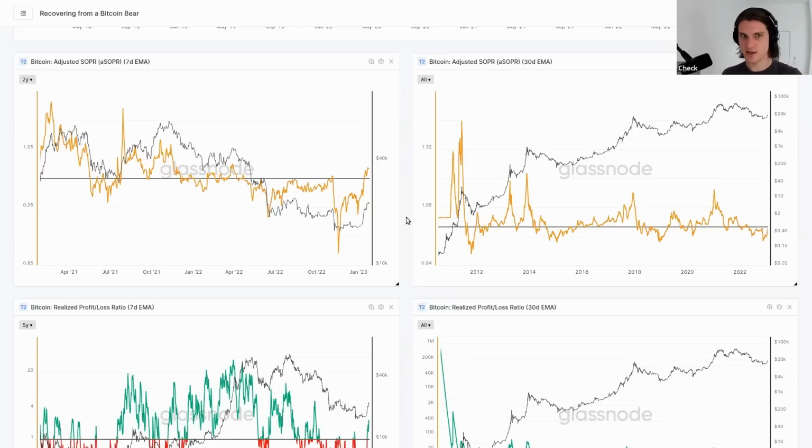So I've got two different metrics here. We'll go top and then to bottom. The first one is the ASOPA. SOPA stands for spent output profit ratio. What it's looking at is, of all the coins that are spent, we don't care about coin volume. We just care about, think about it per transaction. Per transaction, what is the profit multiple? So 1.1 means that it realized a 10% profit, and 0.9 means it realized a 10% loss. So it's a ratio showing how much profit on average the market locked in. Now, on the left-hand side, this is on a 7-day EMA.